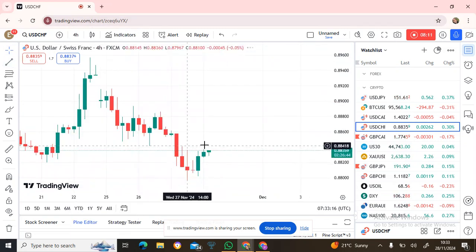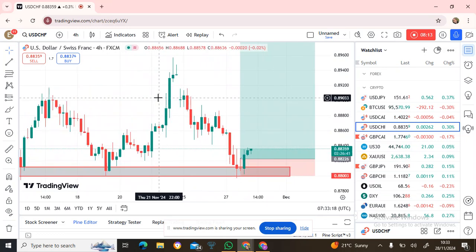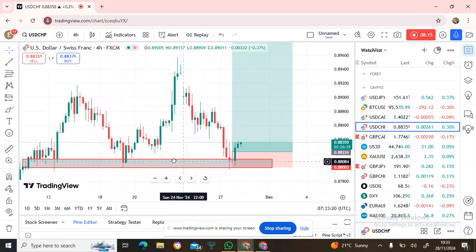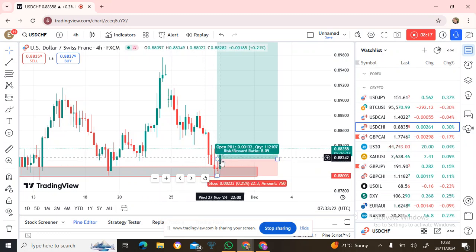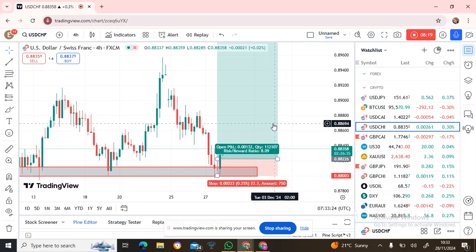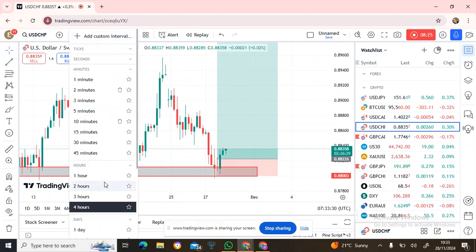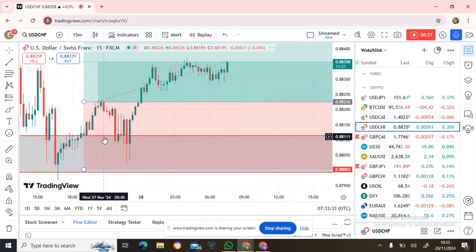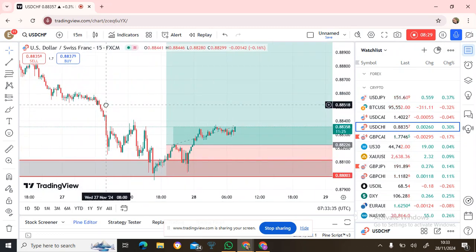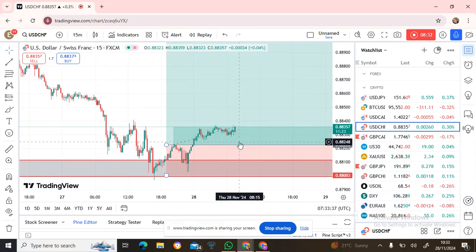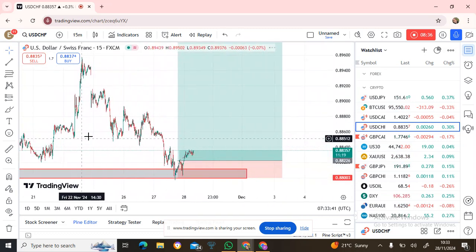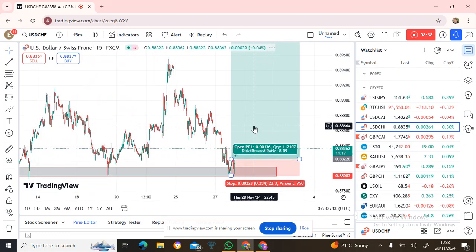So for this entry, if you miss the entry of this engulfing candle, you can still take an entry on this trade, or you can wait for a slight pullback on a lower time frame. You can go to the 15-minute time frame, wait for a slight pullback to this zone, then enter for longs. This one is a long-term trade. We have a 1 to 8 risk to reward